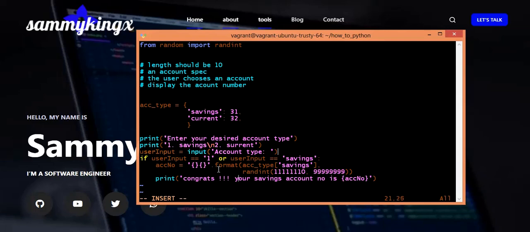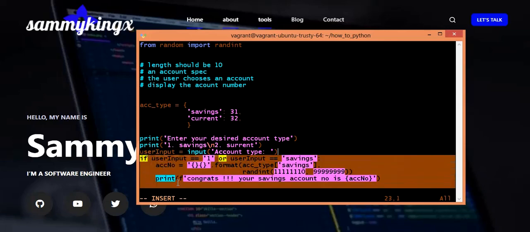Since I'm doing this, I just prefer using the f string. You could still use the same dot format method here, but I prefer f strings because in this case it's just pretty neat. So if the user input is 1 or savings, I should perform this operation. Then I'm just going to copy this